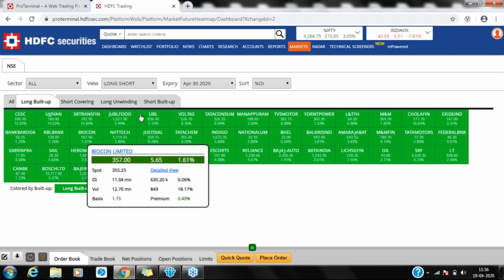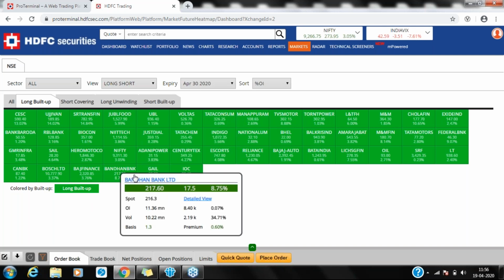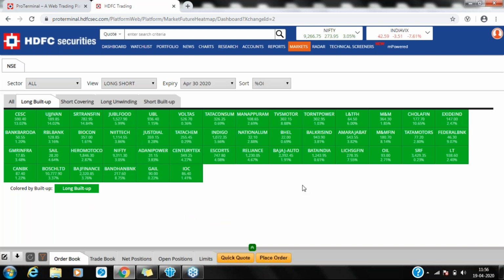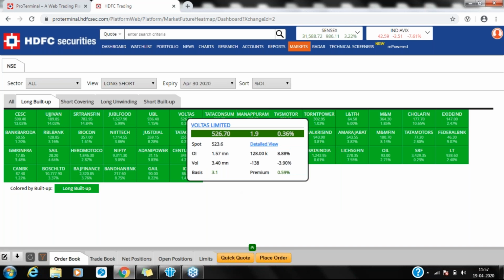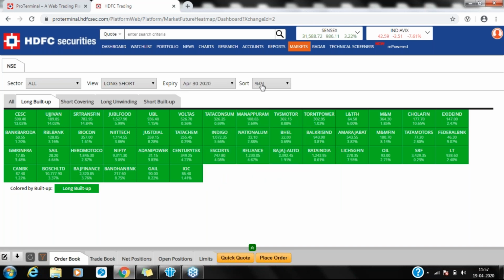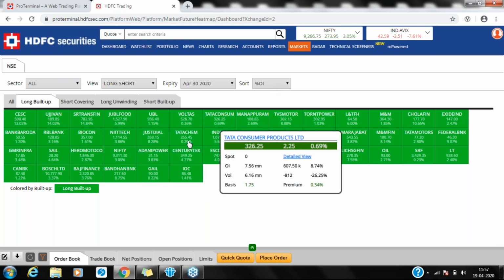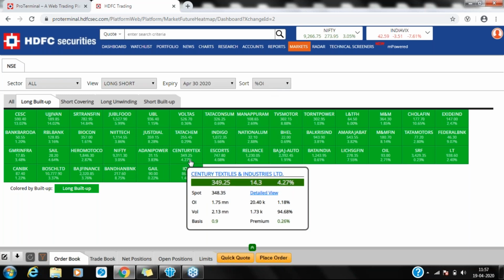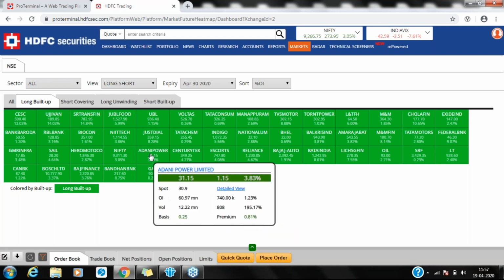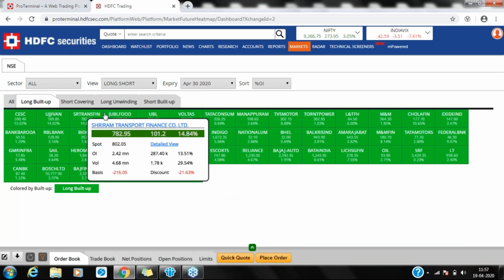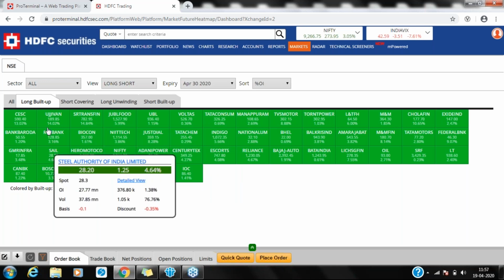So these stocks are quite bullish as of now, going into the next day or maybe the next couple of trading sessions. So this will again help you in taking your trading decision. All these things are sorted by the expiry of 30th April and by open interest percentage. So these stocks have gone up with the open interest also going up. Again, it's not that obviously tomorrow, or maybe in the coming week, all the stocks will be up, but the probability of a stock going up increases a lot.